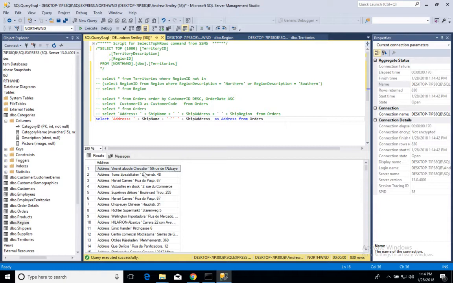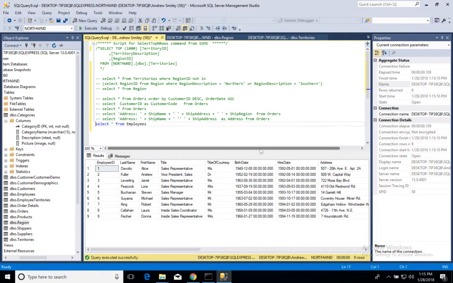As you can see here, let's make this a little better. Actually, let's do select star from employees. And we'll say first name plus